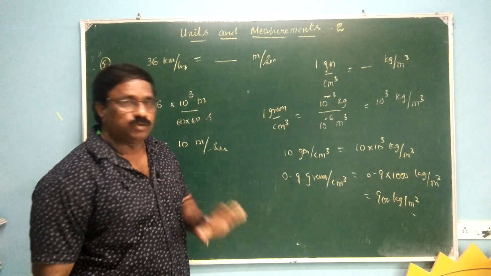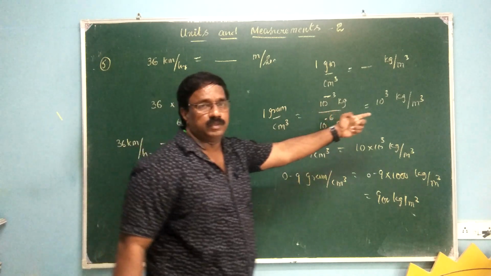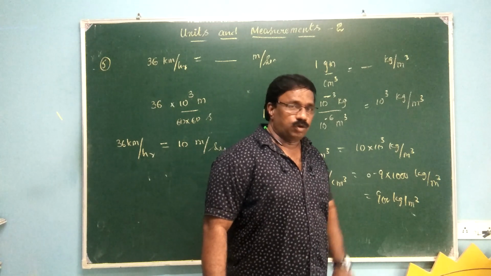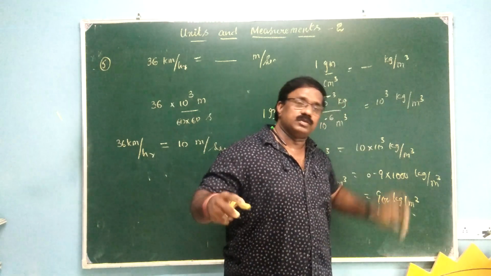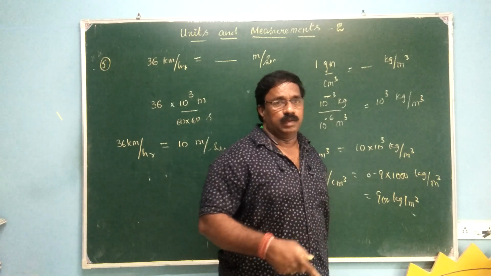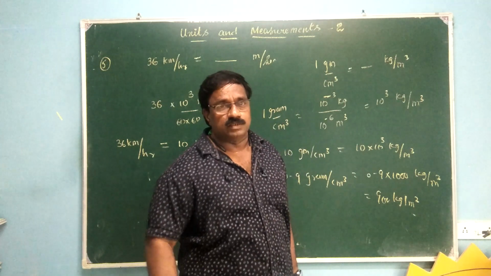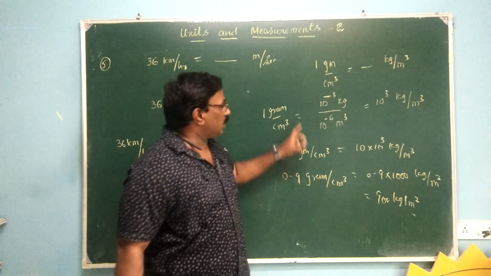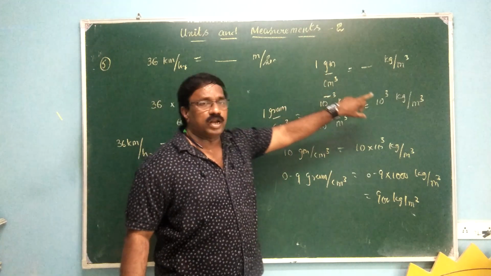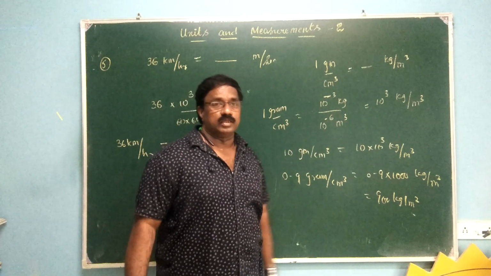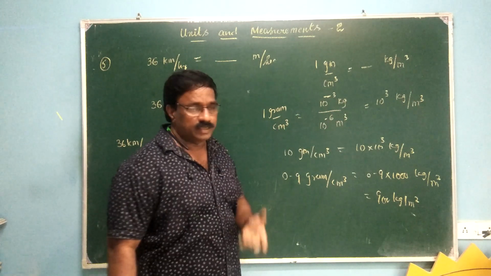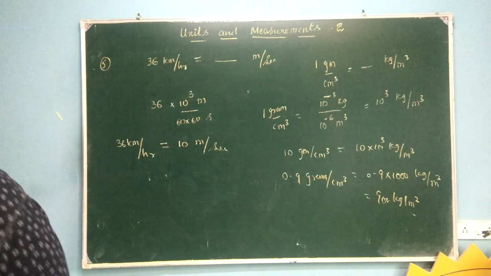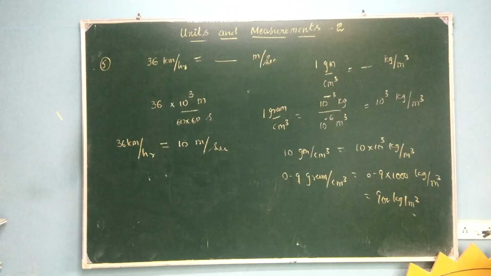Now what I am saying is, students, if you are interested, you can memorize these multiples. Not interested, you can do like this. Understood? So totally 4 I say. Centimeter square to meter square, 10 power minus 4. Millimeter square to meter square, 10 power minus 6. Conversion of kilometer per hour to meter per second, you have to multiply with 5 by 18. Conversion of gram per centimeter cube to kilogram per meter cube, you have to multiply with 1000. Interested? Remember. Not interested? Do full form. This is the way to convert from one system of units to other system of units.